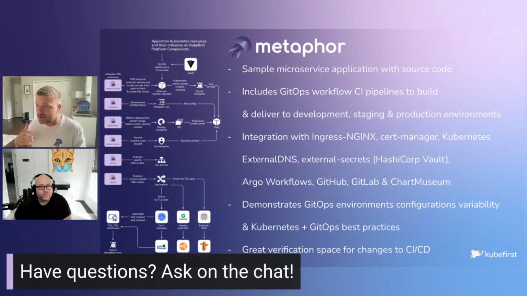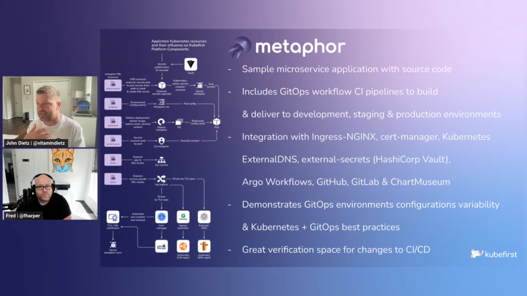But as you continue to evolve the Kubefirst platform, maybe you need to add a demo environment. Maybe you need to add some sequences of operations like container scanning as part of that pipeline. You need a place to test those things out. And when you have a Metaphor repository that delivers code the same way that you're delivering your real application microservices to dev stage prod, when you want to make a change, it's a perfect vetting ground for those changes.